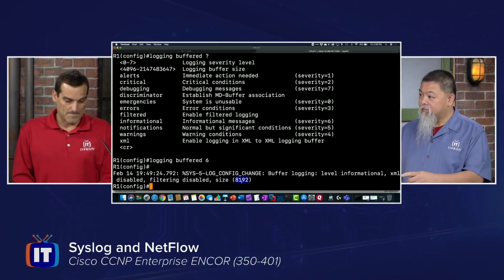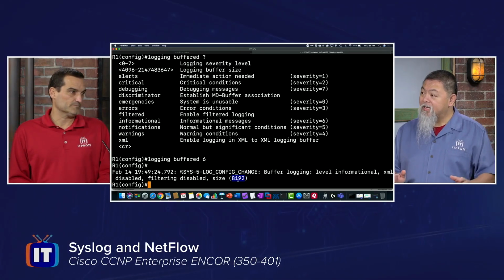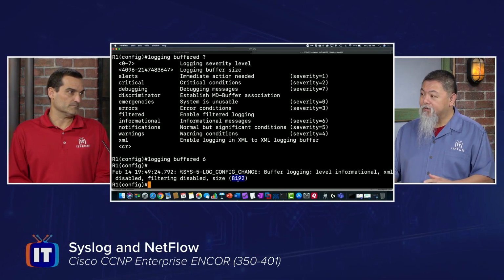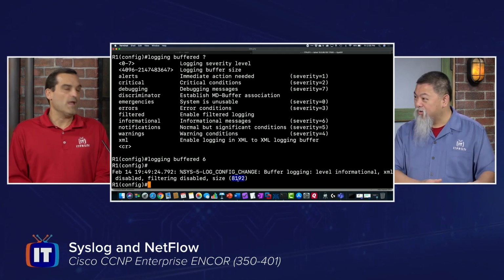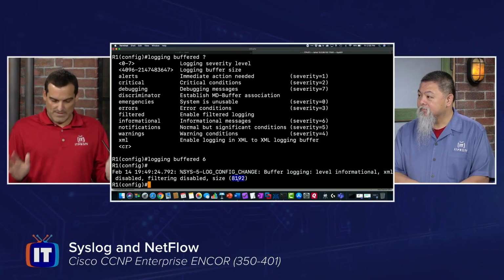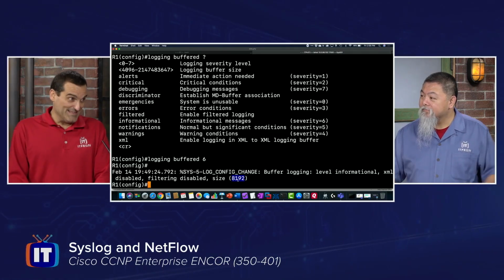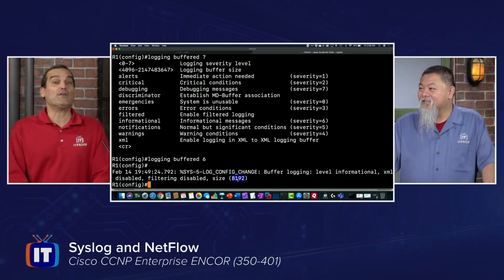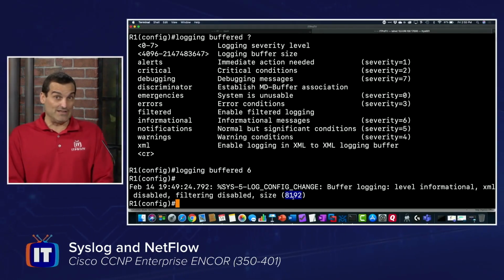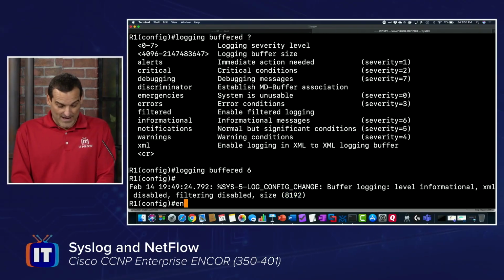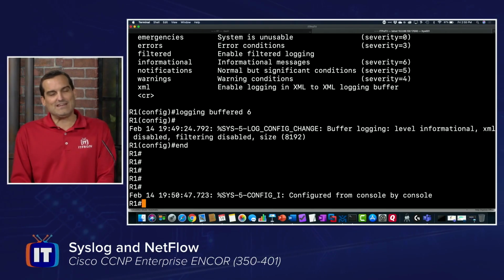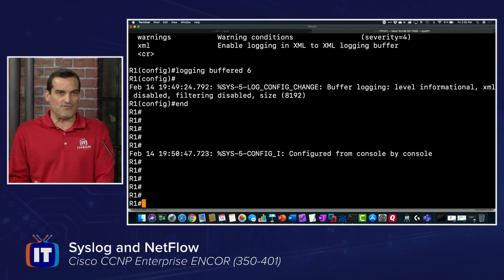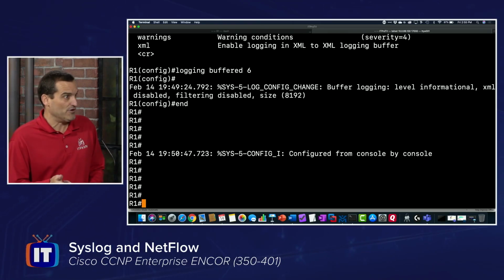So I think that's a good point for us to make at this point. So let's say it gets close to that and we're starting to run out of that very quickly. Should we go ahead and still just try to increase the buffer size, or should we send these syslogs to somewhere else? Okay. Thank you, thank you, thank you. The way we do this in production networks, the buffer's nice, but it's not really what we do. We do take advantage of the buffer, but it's for more of that quick, oh, what just happened? Let's check in the buffer. But